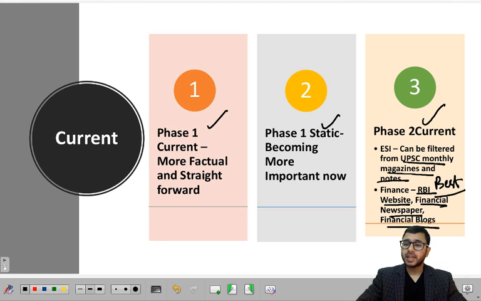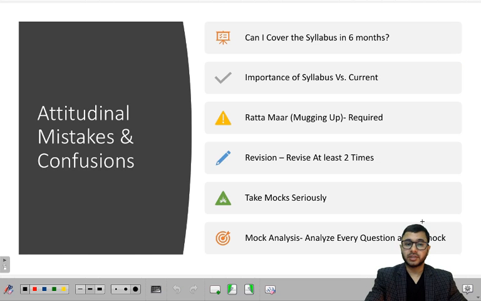I've also started creating a blog on my website, and I come out with one article every 4-5 days. But the article is always very well researched and long, and covers everything related to that particular topic. So you can use that also. Weekly, you can just go through the website, see if there is any new article, and go through that. Okay. That is for your basic understanding of whether it's finance or ESI. But for finance, the RBI website and financial newspapers are the best that you can cover.